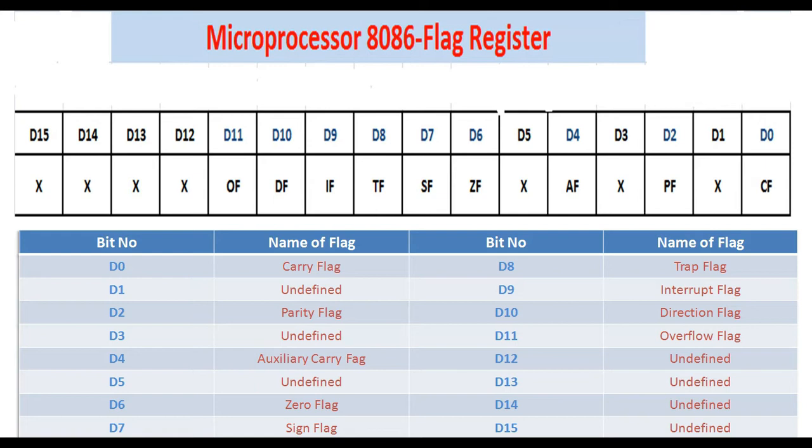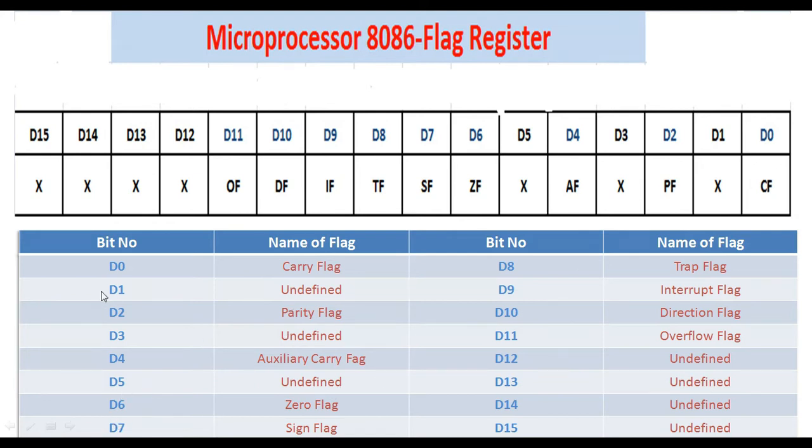First we will see the 16-bit table of the flag register. Here we can see there are some cross symbols in some of the bits. This cross symbol indicates an undefined flag or undefined bit. So first, the D0 bit is the carry flag, then the D2 bit is the parity flag, D3 is undefined, D4 is the auxiliary carry flag, D5 is undefined again, and D1 is an undefined